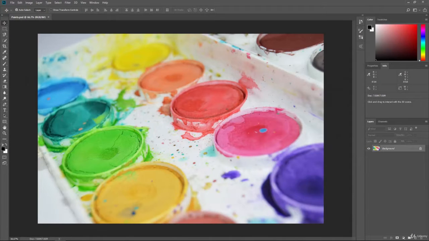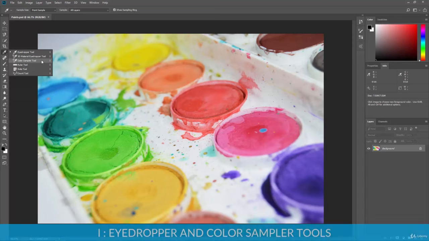In this video, we're going to take a look at some color sampling tools so that we can get some information about the colors in our scene. You will find these, the 1, 2, 3, 4, 5, 6 icon down in the tools bar. We have the eyedropper tool, the 3D material eyedropper tool, and the color sampler tool, all with the shortcut letter